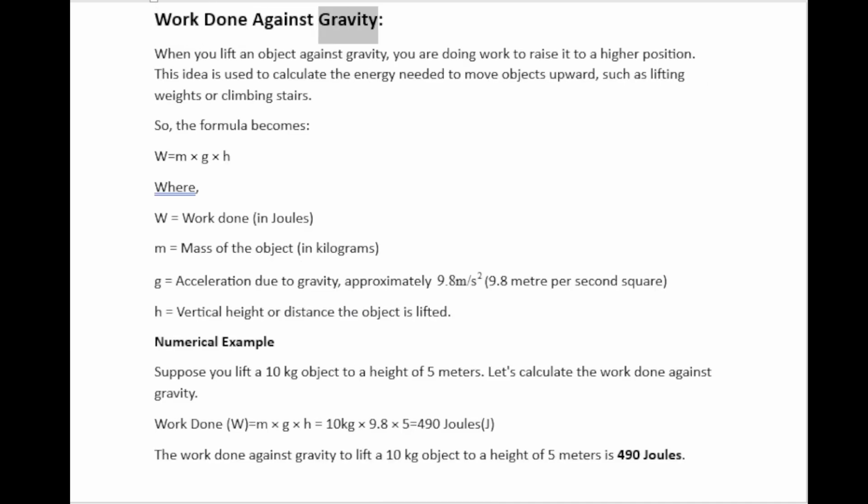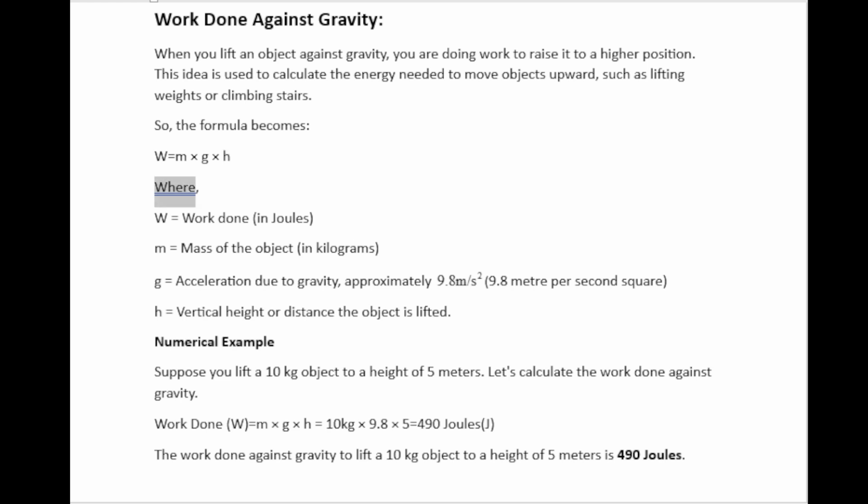Work done against gravity. When you lift an object against gravity, you are doing work to raise it to a higher position. This idea is used to calculate the energy needed to move objects upward, such as lifting weights or climbing stairs. So, the formula becomes W is equal to m times g times h,